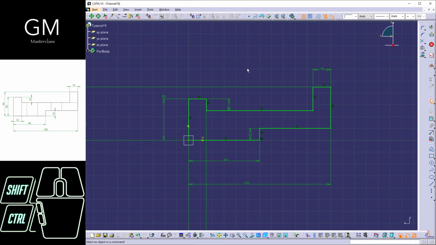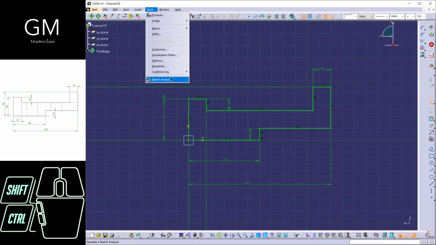There is one way in which you can know that everything is perfectly defined and well done. Remember that I cannot have cross lines like this one when we're talking about Catia V5. Every sketch in Catia V5 must be perfectly defined and closed. I cannot have open edges, I cannot have anything like that, because that is going to be a mistake for when I want to extrude it. All right,